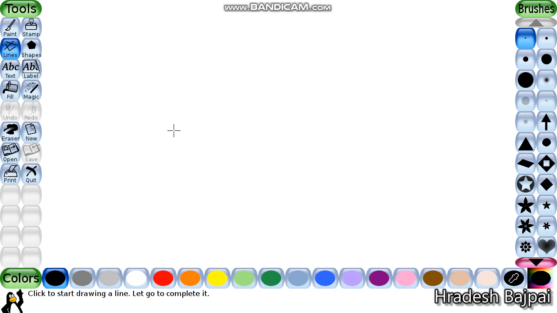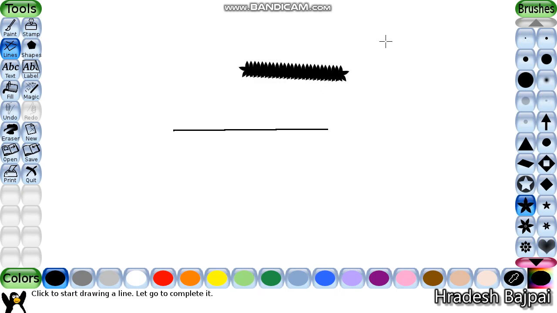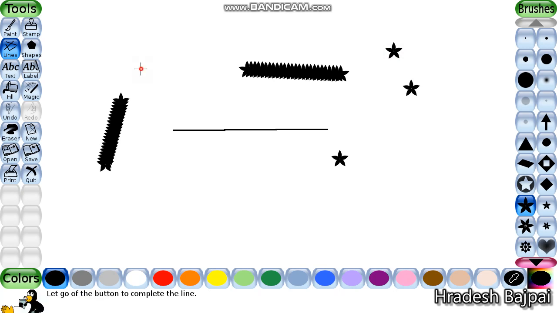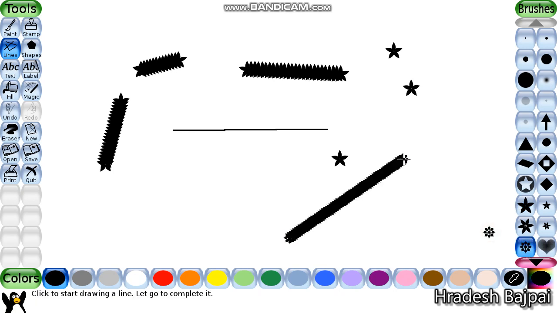By default when you draw, a straight line will come, but if you choose another pattern, you can draw this kind of pattern. You can choose any pattern which you want.